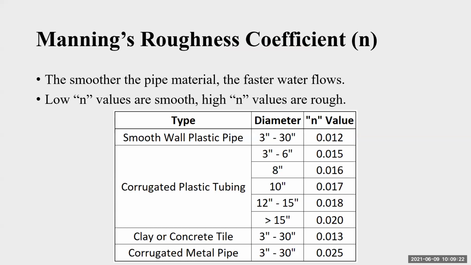Each pipe material is lab tested for a smoothness factor that they call the Manning's roughness coefficient, okay? The lower that value is, the smoother it is. And the important thing to keep in mind is that if everything else is the same, the same size of pipe and the same grade of pipe, the smoother pipe will always carry more flow rate than the rougher pipe, okay?